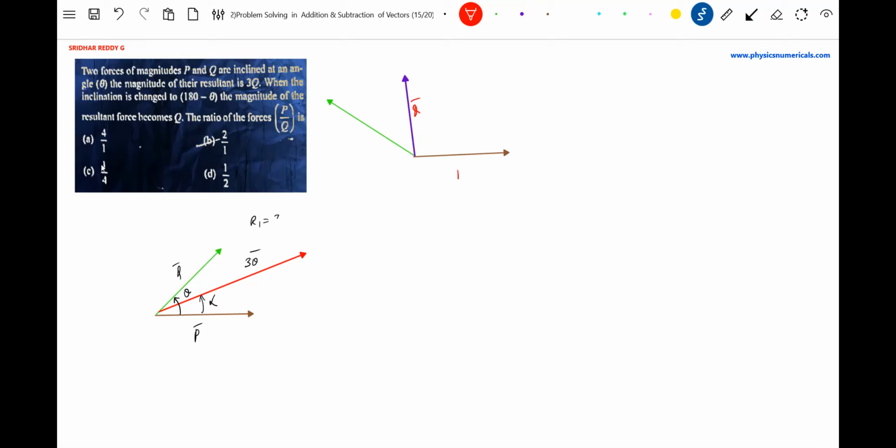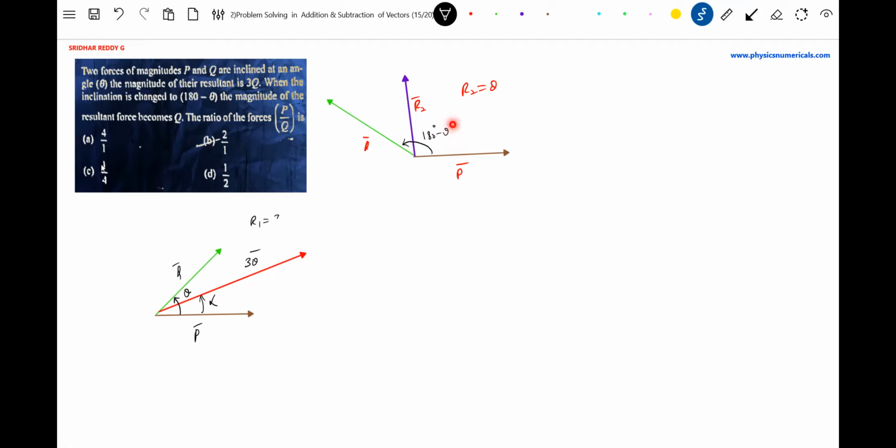Okay, this is P bar. This is Q bar. This will be a little bit confusing. The resultant will become, the magnitude of that will become Q. Again, these two are not the same. Okay, I'll write it. R2 bar, where R2 is equal to Q. Now, what is this angle? This angle will be